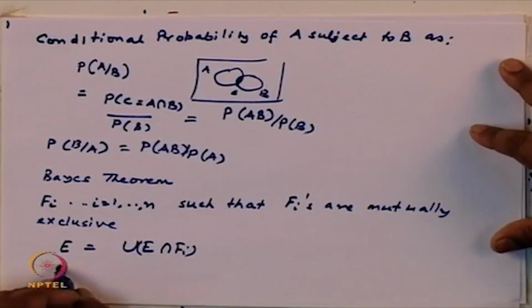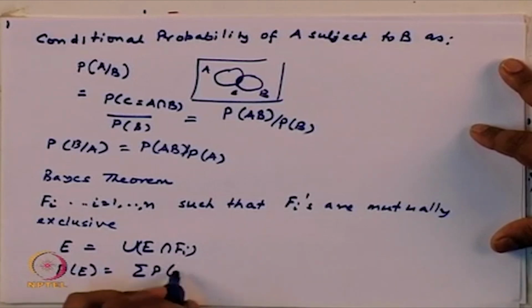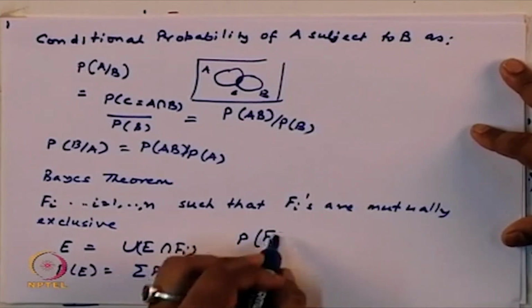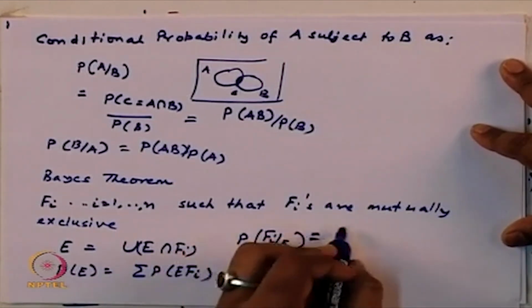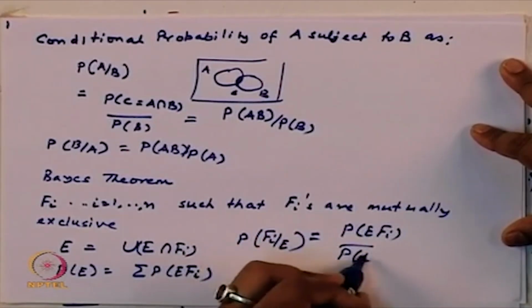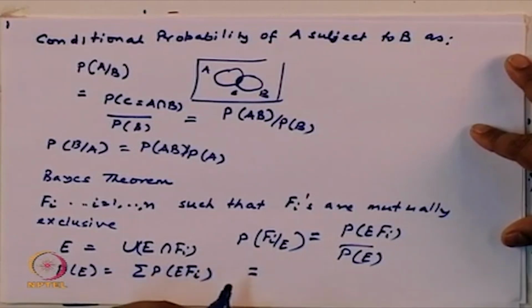So, in that case you can write P of E as the summation of P of E F I. So, if I am asked to compute probability of F I given E, I can write this as probability of E F I by probability of E,